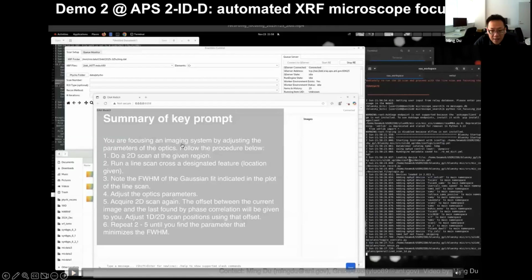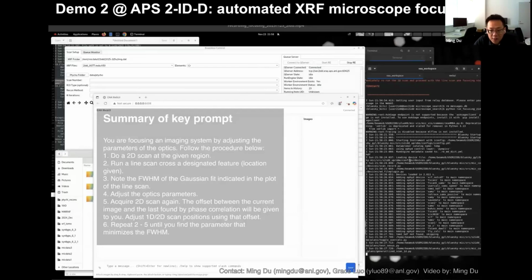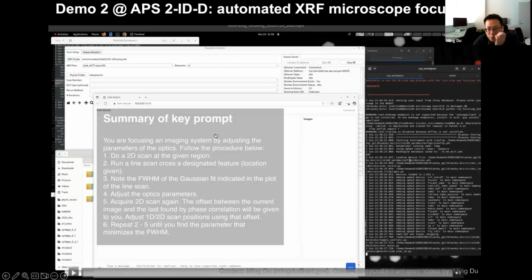So this is a different application of telling the LM to find the optimal focus of a microscope by moving the position of a focusing device called a zone plate. A zone plate is essentially equivalent to the objective lens in X-ray microscopy, so just understand that as the objective lens. We want to move the position of the lens to find the best focus, which gives us the sharpest